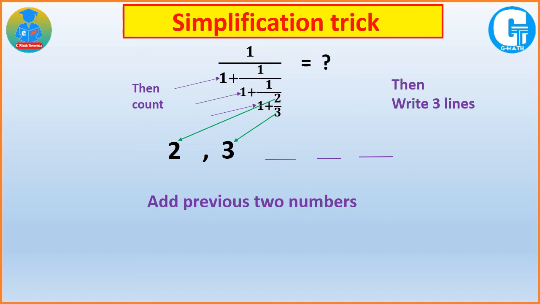Add previous two numbers, that is 2 plus 3 becomes 5 right here, then 3 plus 5 becomes 8 right here, then 5 plus 8 becomes 13 right here. Then